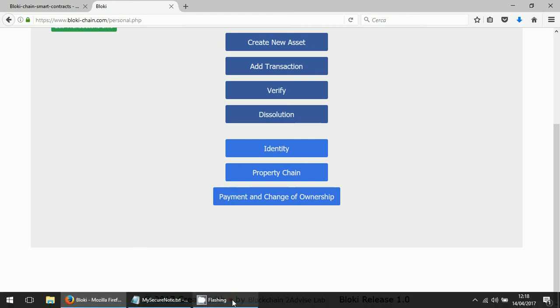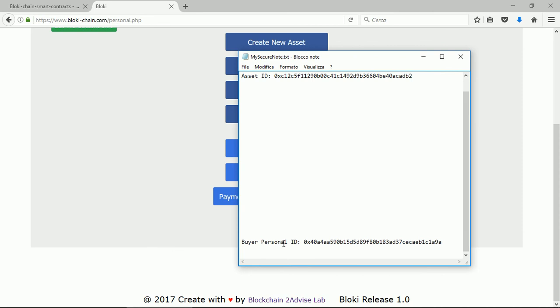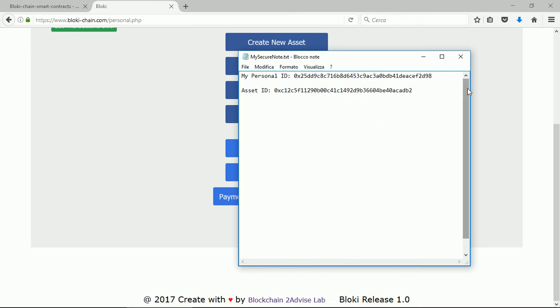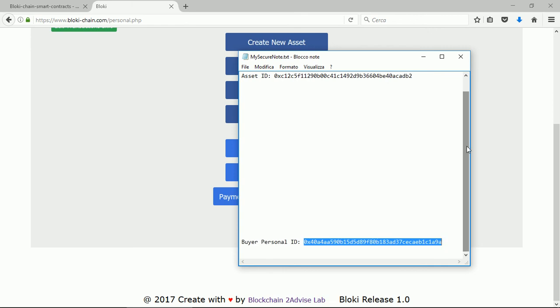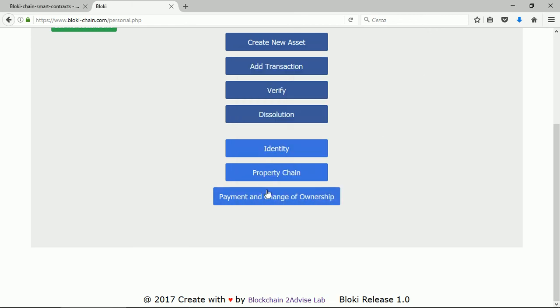For example, this is the buyer personal ID. So the property can change from this PID to this PID. How can I do that? Just click on payment and change of ownership,